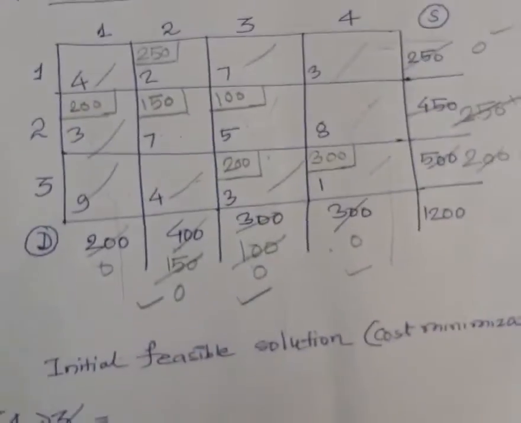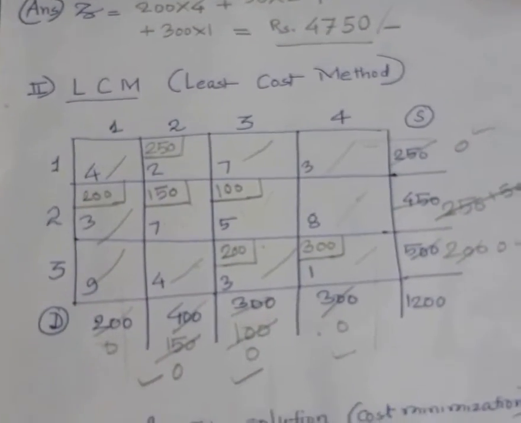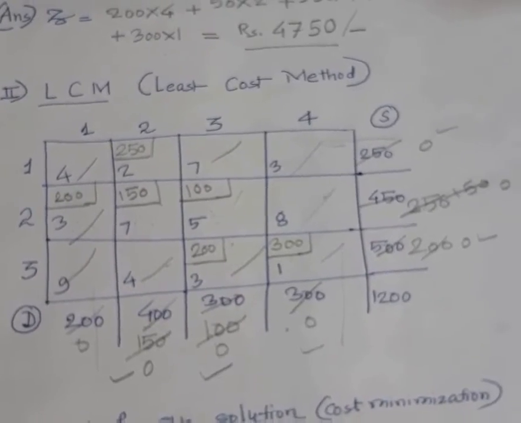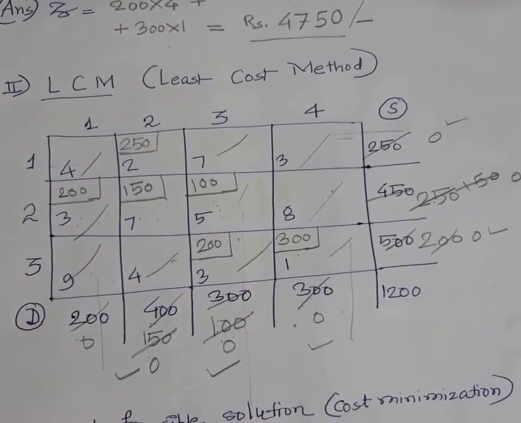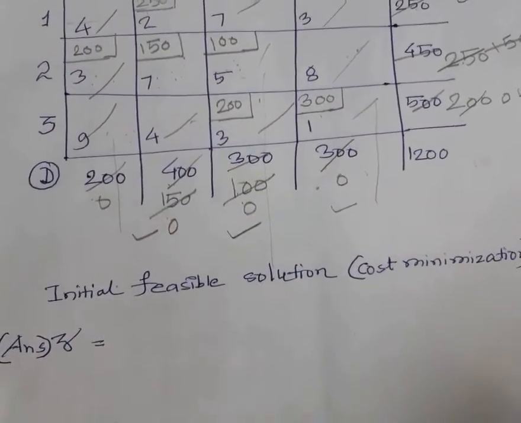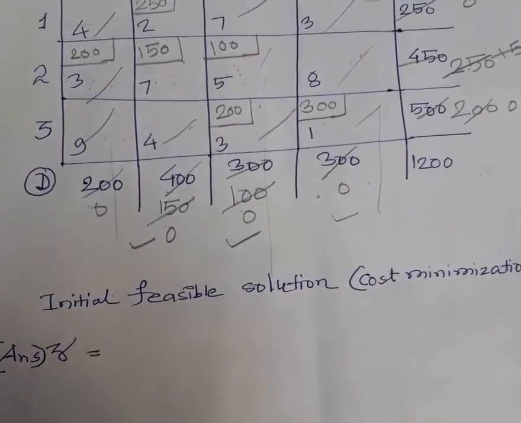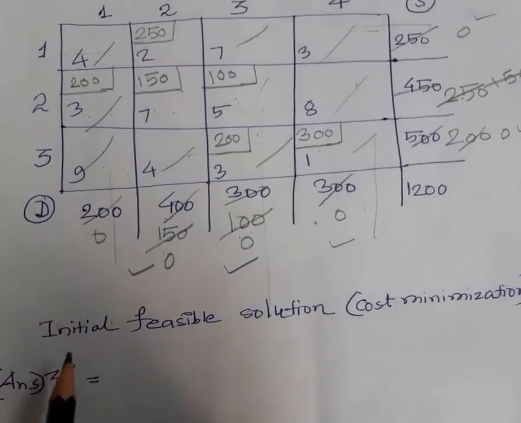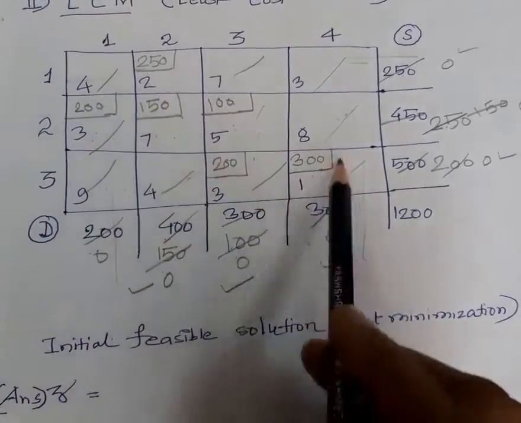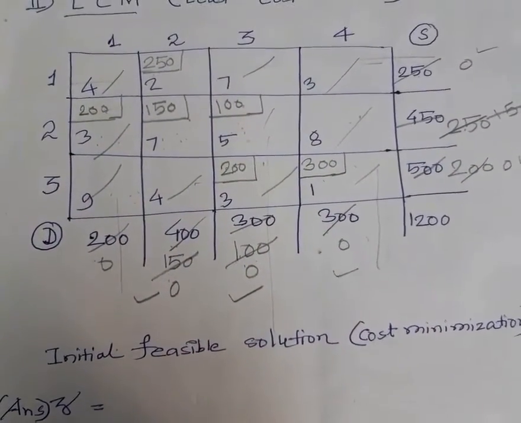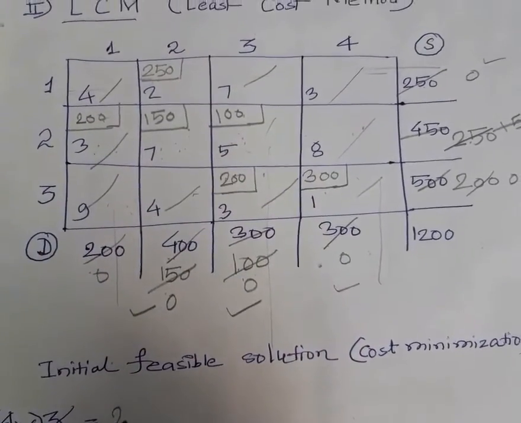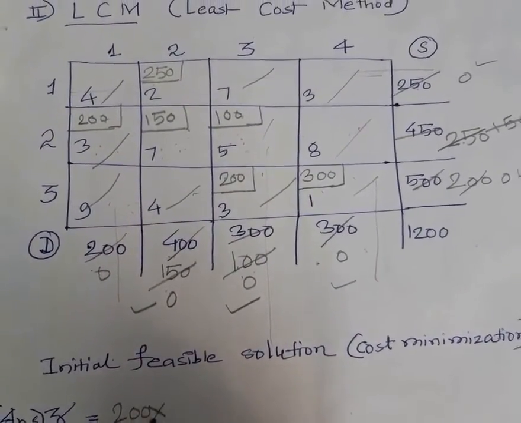Now we have covered all the cells of the matrix. Now the next step is to find the initial feasible solution. Initial feasible solution is also known as optimum cost of transportation. Now from the matrix I can see that there are 1, 2, 3, 4, 5, 6 allocations, so I can start from the first one, that is 200 multiplied by 3